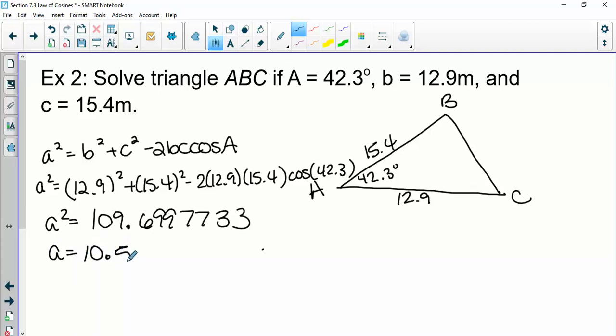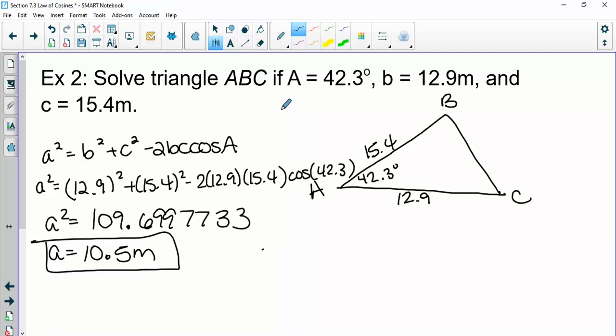So if we do significant digits, A would be 10.5 meters. All right. From here,